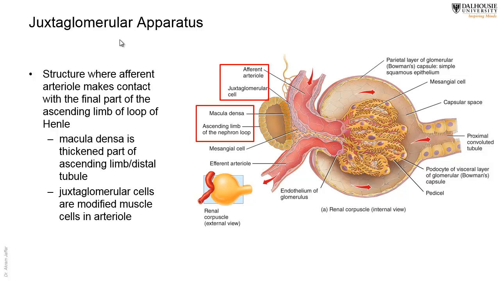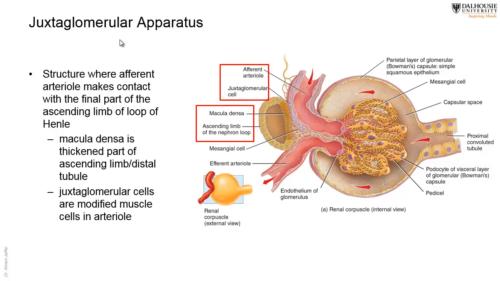So here the cells of the tubule, the distal part of the loop of Henle or the distal convoluted tubule, will be modified. They will be longer cells, and the cells in the arteriole, actually, which cells? It's the smooth muscle. Remember the walls of the vessel? There are endothelial cells, then there are smooth muscle cells. In the arteriole, we have up to 5 layers of smooth muscle cells in the tunica media of the arteriole. These cells will become